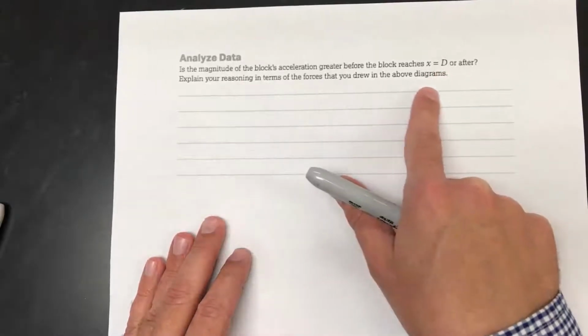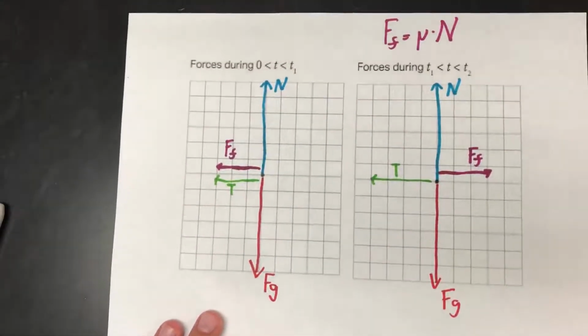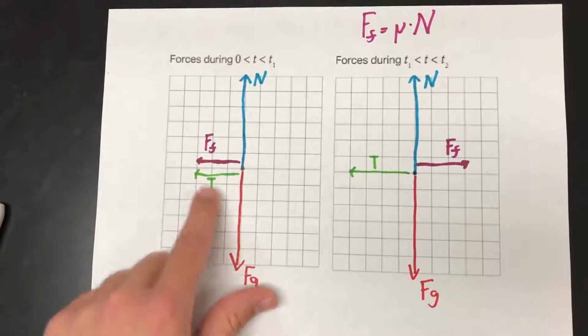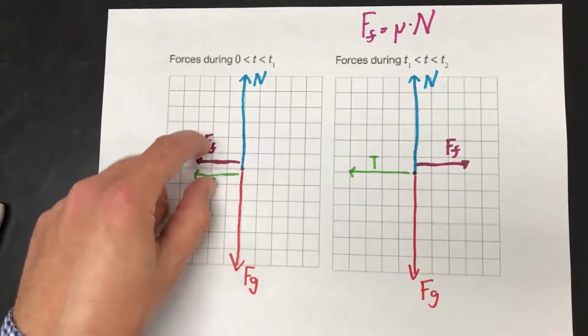Explain your reasoning in terms of the forces you drew in the diagrams. So if you look here, our acceleration is actually going to be greater in this case. And why is it going to be greater in this case? Because these two forces are pointing in the same direction, so they're going to add up together to be a